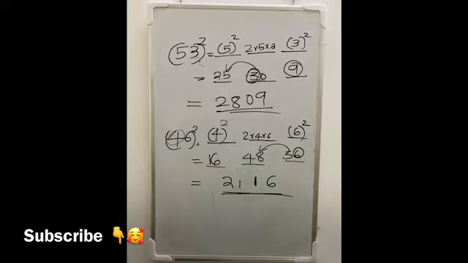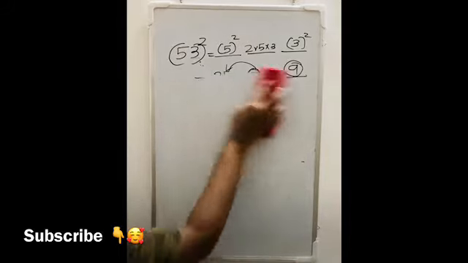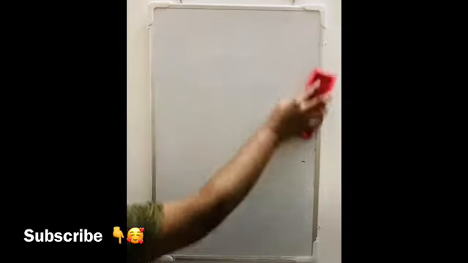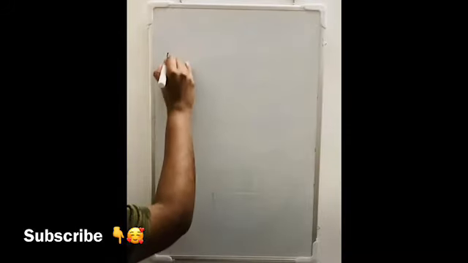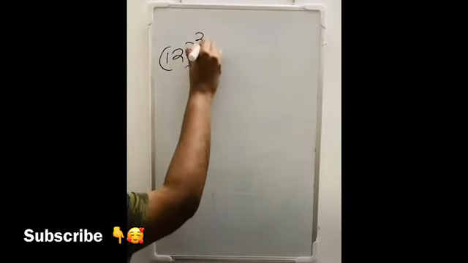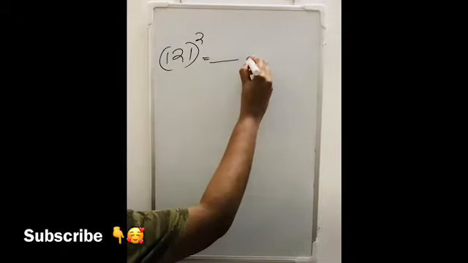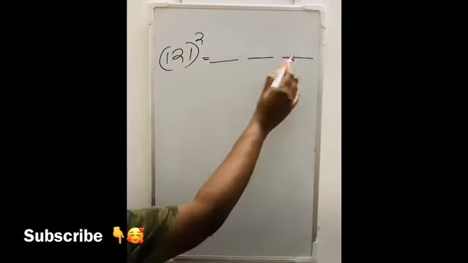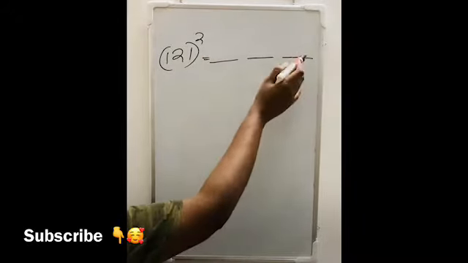Just watch this video repeatedly, then you can do it. Then I'll show you how to find the square of a 3-digit number using the same technique. Let's take 121 square. You can try any number. There should be 3 parts. The last part will be the square of the last digit, that is 1 square. The first part will be the square of the remaining digits. Here it is a 3-digit number, so the remaining digits are 12, so it is 12 square.